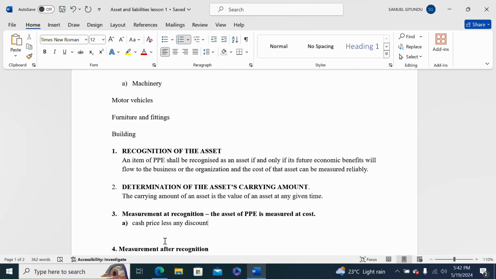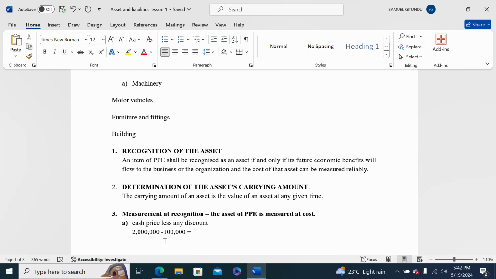For example, if that machinery costs cash 2 million and you are given a discount of 100,000, then the cost that